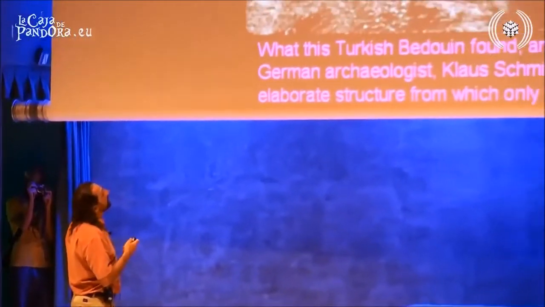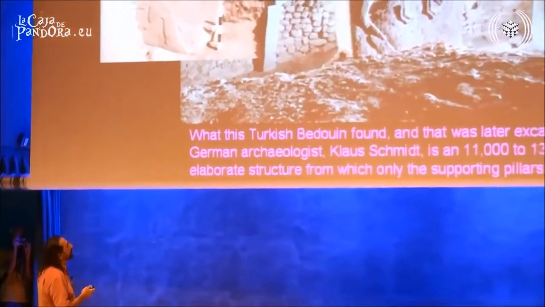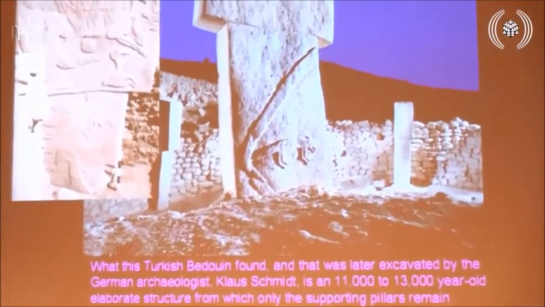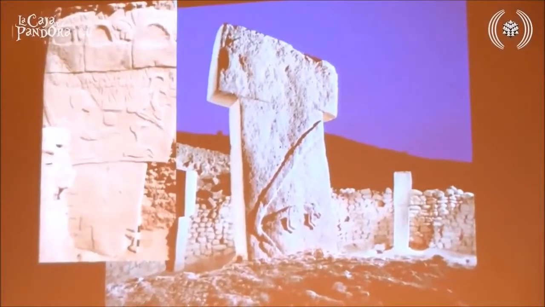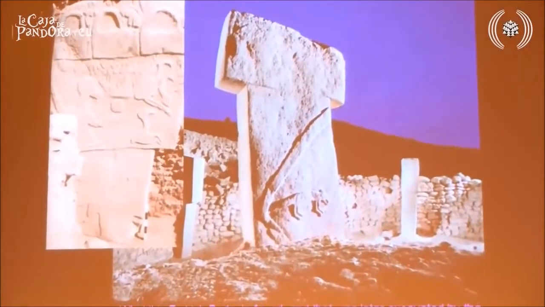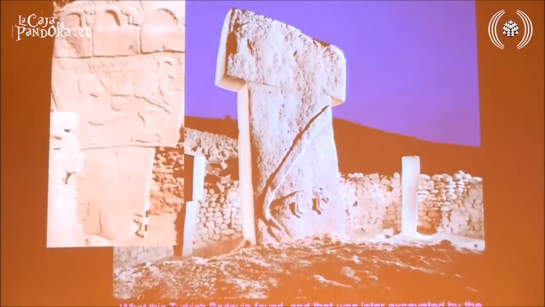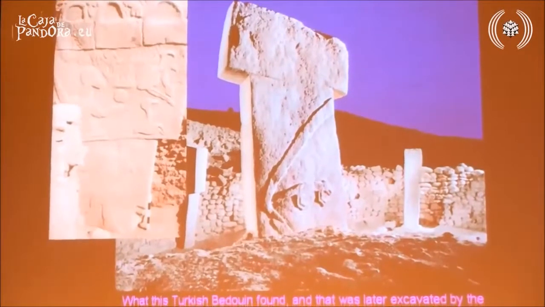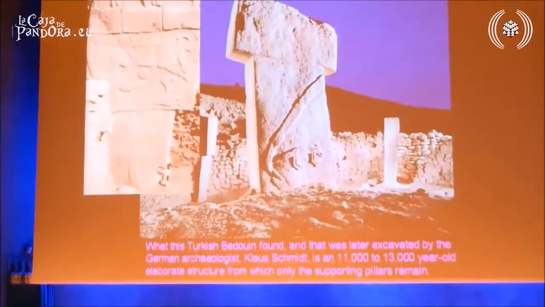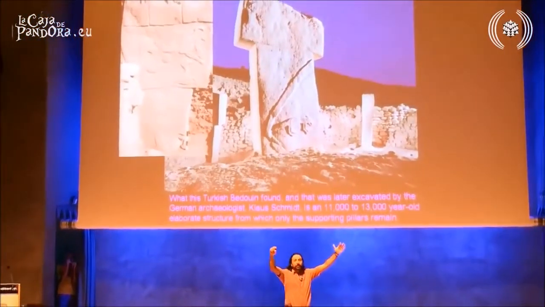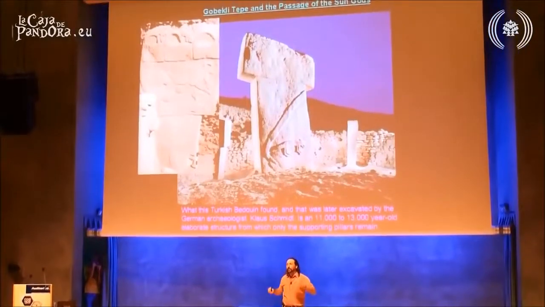Did you all know about this in Turkey? They found this ancient city in Turkey that is 11 to 13,000 years old. You know, 11 to 13,000 years ago, we were supposed to be hunters and gatherers. We were basically just out of caves. And they found this city that has these huge rocks, these huge pillars that were sustaining most likely quite an elaborate roof system.